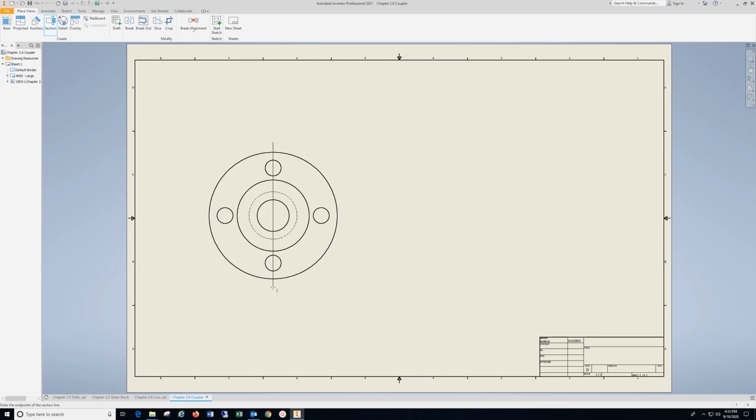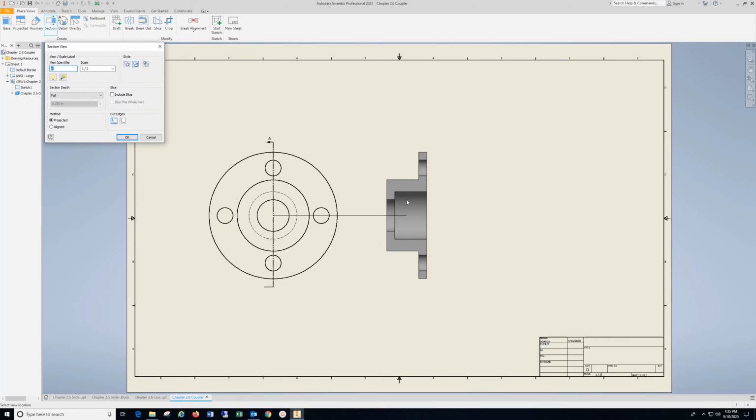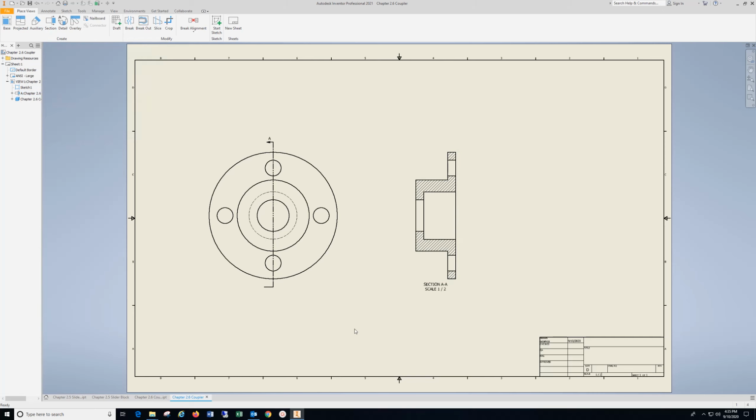and click about the same distance on the other side, and it happens to be pointing this way, so you're just going to move over and left click again, then right click, continue, and it's going to give you a section view here, and just click it into place. Okay,